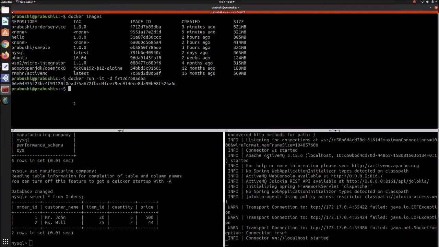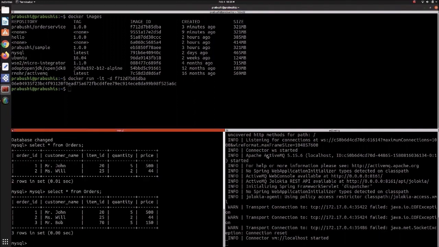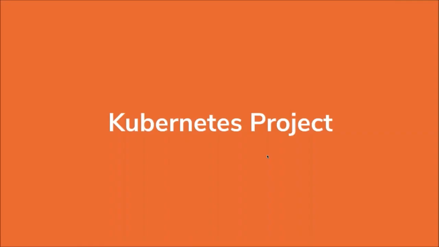Okay, if we go back and check in our MySQL database table, we should be able to see the new entry that has been added to our table. So that's how we can use Docker native support with our Docker project while creating your custom integration solutions and